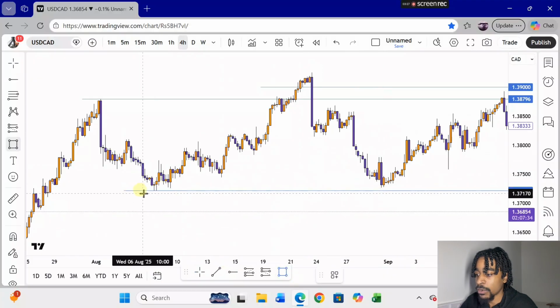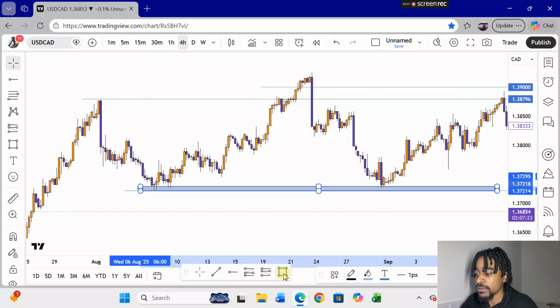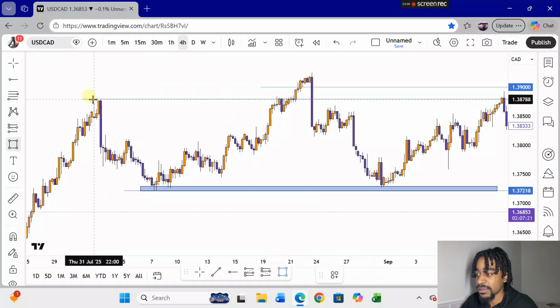So I know I'm using horizontal rays to draw the actual price point, but it's not a ray, it's an area. I always want you guys to note that these support and resistance lines are classed as areas. So we have an area over here,